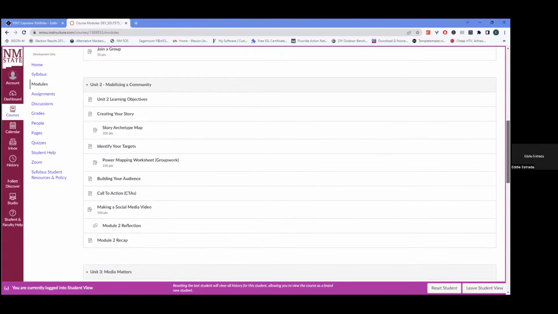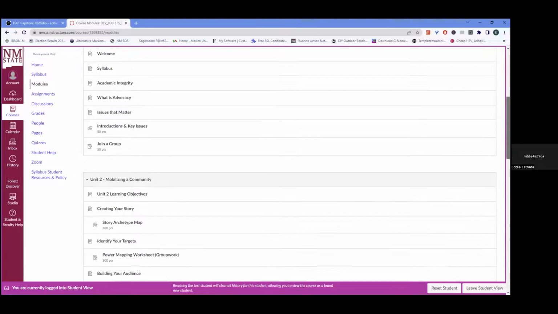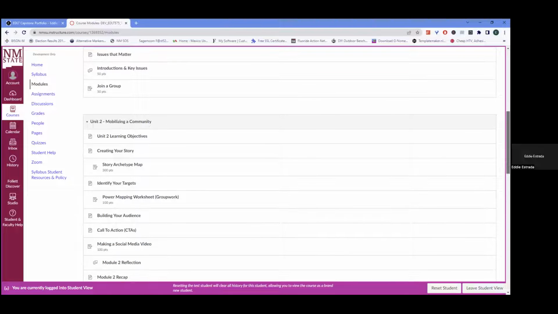I hope to use it and push it out for other local nonprofits. I think that there's a lot more I can add, but I think this is a good basis to start and get interest in advocacy. If they can do this course, they can move on to more complex issues.